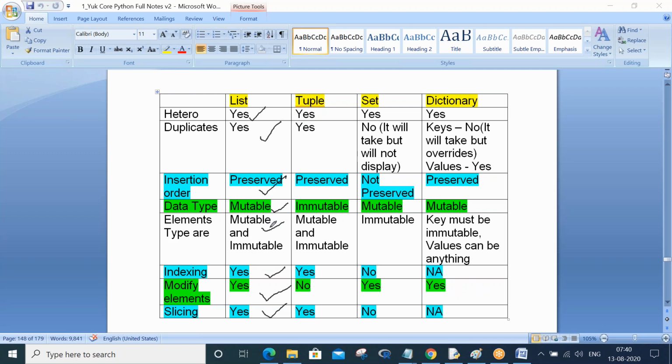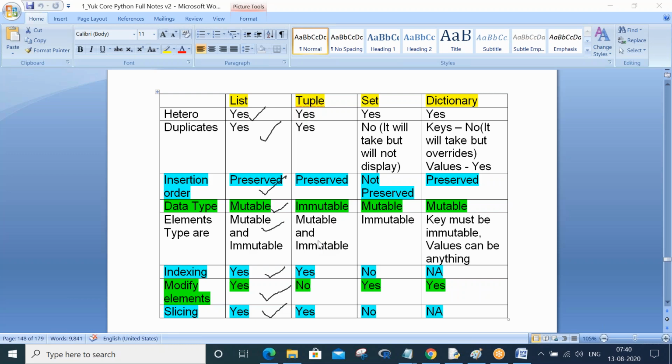Blue color and green color are the same, right? Insertion order, blue color is the same, but the difference is that tuple is an immutable element. Therefore, you cannot modify the tuple elements. This point you have to understand. This is a very basic question.